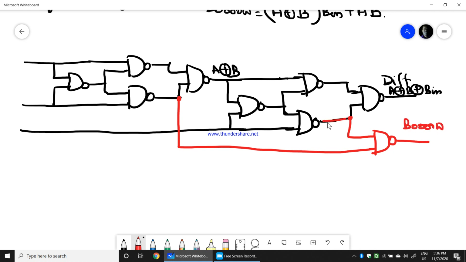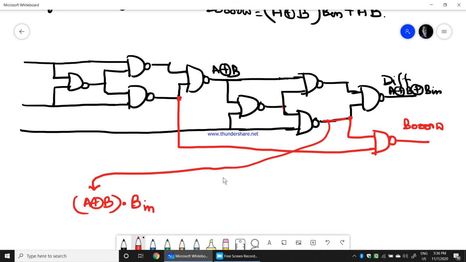Now at this point, the expression we get is: one of the inputs is A XOR B, ANDed with the other input, which is Bin. So this is A, this is B, this is Bin. A XOR B is one of the inputs, Bin is the other input. Therefore A XOR B and Bin. And at this stage what we get is the whole bar of A XOR B and Bin, ANDed with